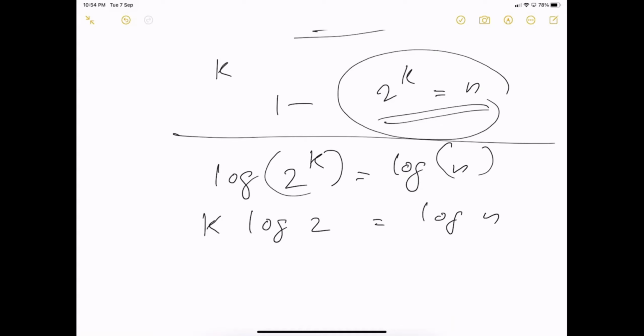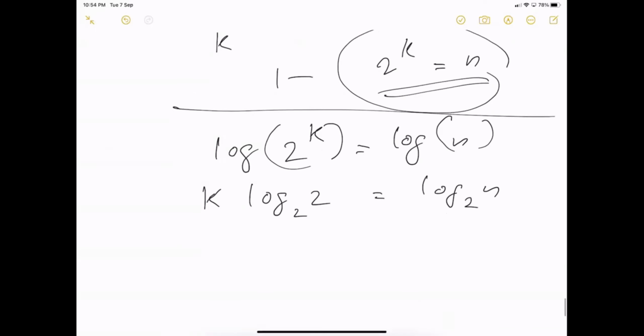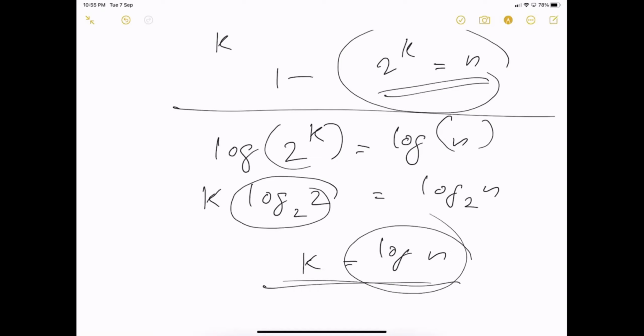Now if I assume the base of this logarithm is 2 in both cases, then log of 2 will become 1. So k equals log of n for any base. So we can derive that this is going to be log of n.